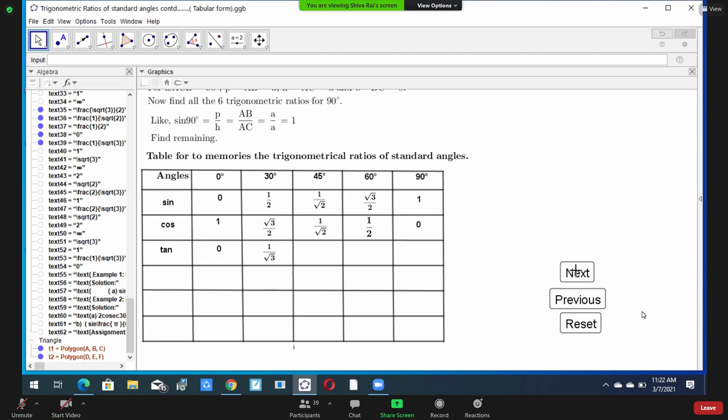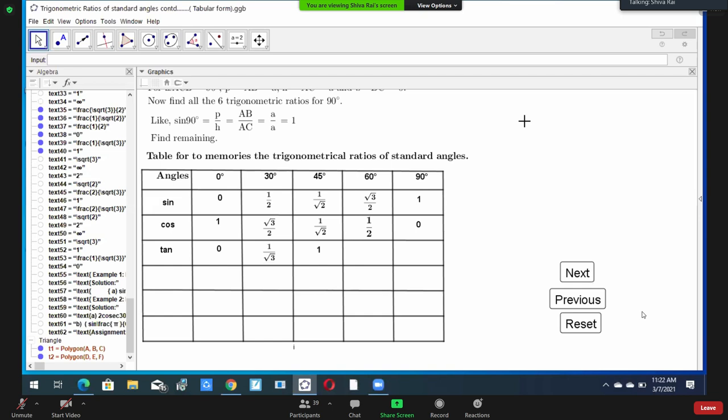Okay. Now here tan 60 degree equal to value of sin 60 degree upon value of cos 60 degree. So root 3 upon 2 into 1 upon 2. But here in the denominator 1 upon 2 is a fraction. So in that case always, if you are dividing fraction by fraction, what we have to do? We have to change into reciprocal.